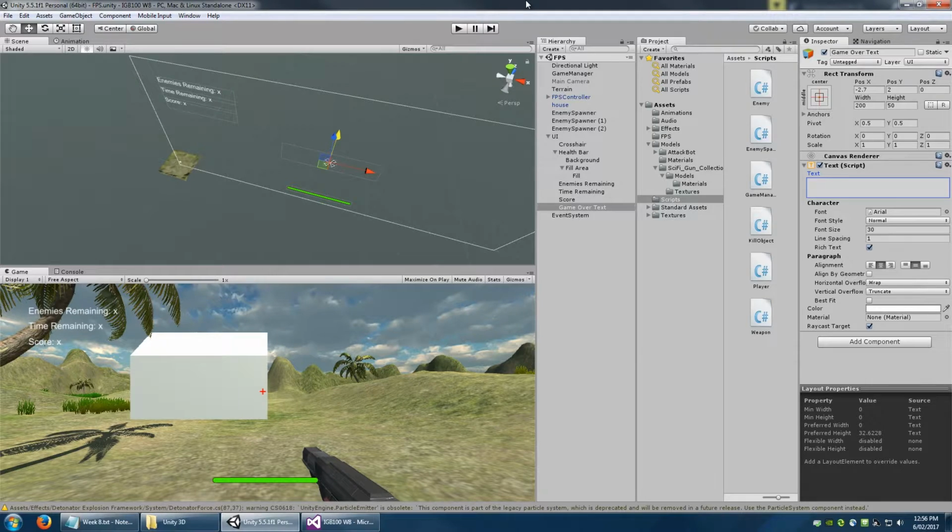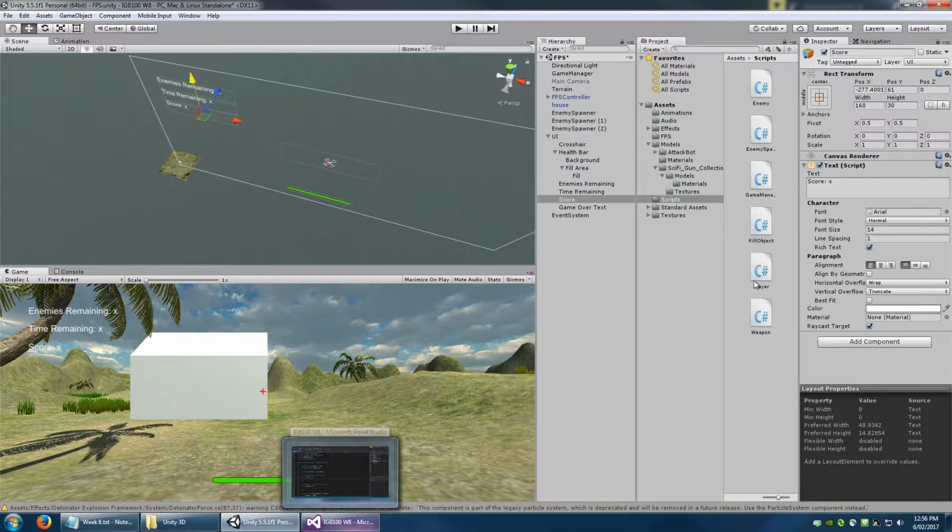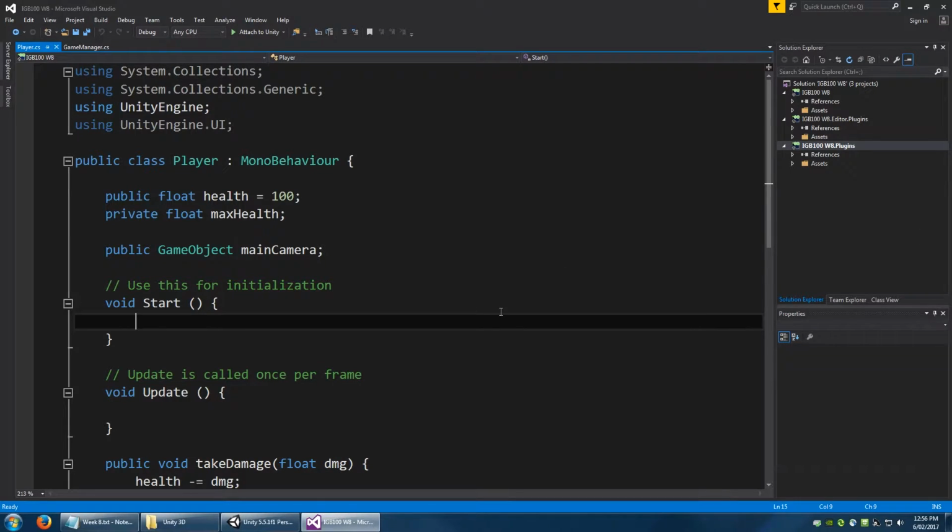So hooking up these UI elements is relatively straightforward, but it is something that you do through scripting, usually. The first element that we'll hook up, just as more of a demonstration purpose than anything, will be this health bar, the thing that we set up first. So opening your player script in Visual Studio,